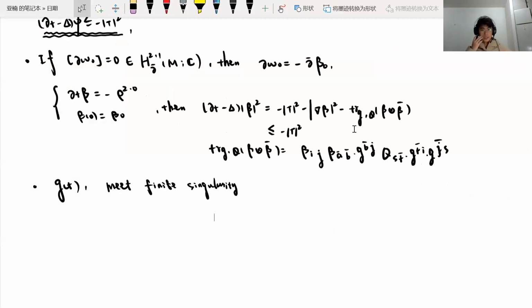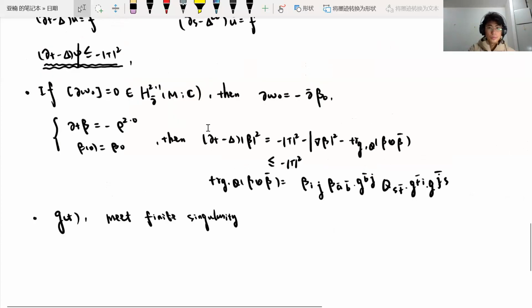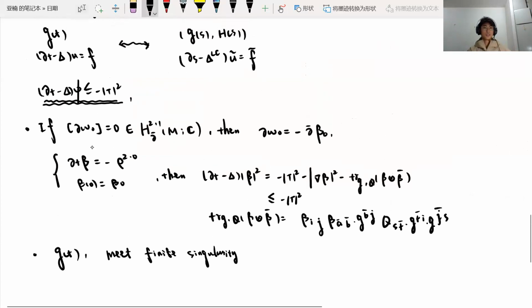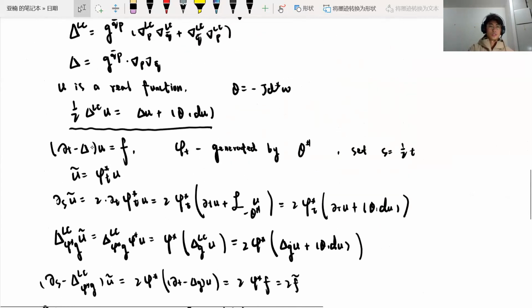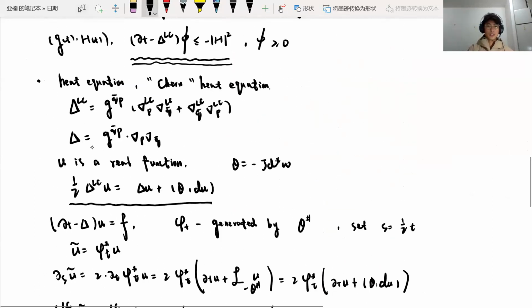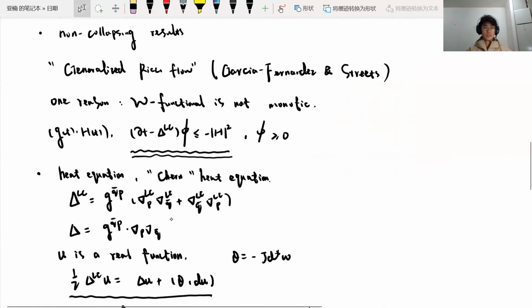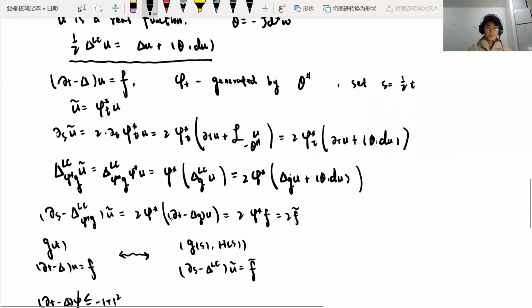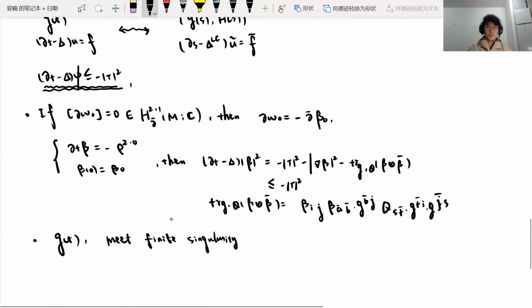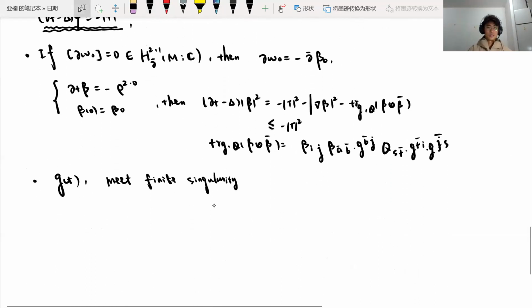Let's begin with this part. If we have this condition, then the extra controlling equation given by Bessel and the secrets is automatically satisfied. Then in this case, if the flow meets a finite singularity point, then we can scale